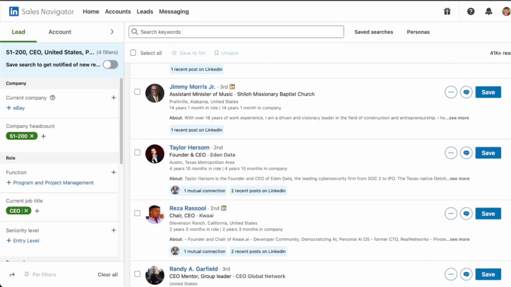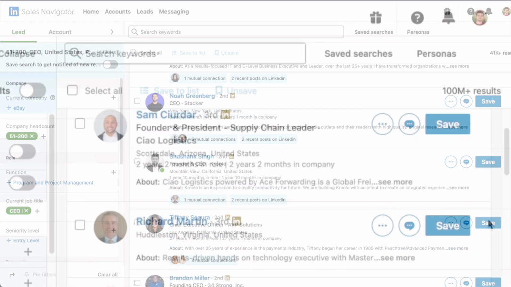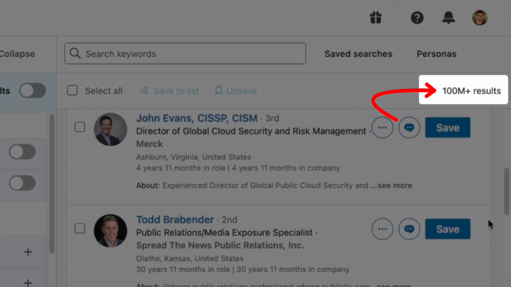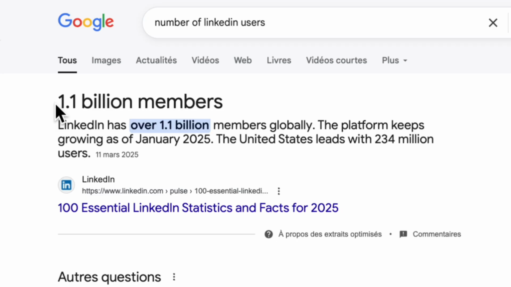LinkedIn Sales Navigator is by far the best tool to find leads. You've got millions of users. Just let me check. Oh, wow, it's actually 1.1 billion members. I'm sure that a ton of them might be the perfect leads for you, but the big problem with this